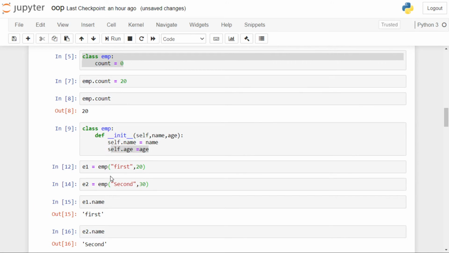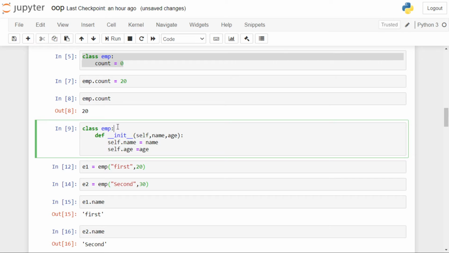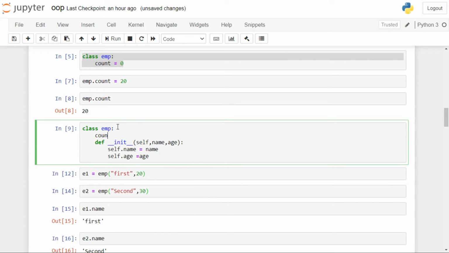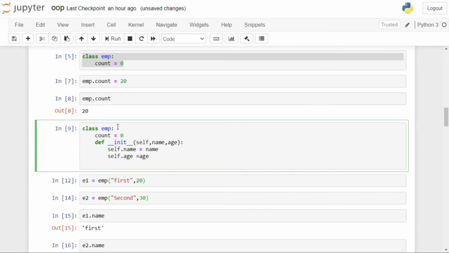Now we update this class to use a count variable. Count is equal to 0, and every time the object of this class is created, we are updating the count information so that we can explain that class variables are shared with all the objects of the class.